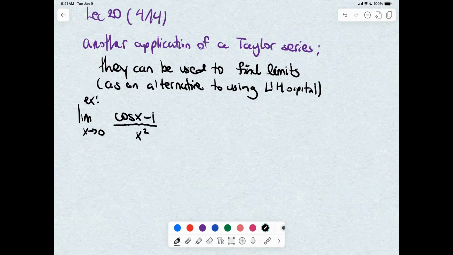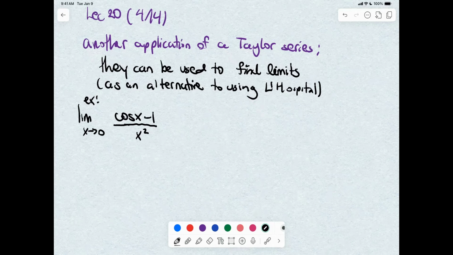In fact, it's one of the very first ones, so you don't even need L'Hopital's theorem to prove it. L'Hopital's can become a bit circular, because to use L'Hopital you need to know the derivatives, but to find the derivatives of cosine or sine, you need to know these limits ahead of time. So in principle, you do need a way to find them on their own. But just to remind you how this would have gone if you know L'Hopital's rule: